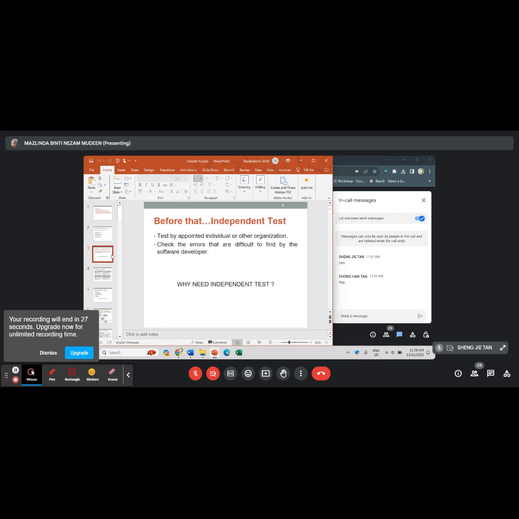Normally for a programmer to test their own code is good, but it is not efficient enough, because programmers might not be able to identify their own mistakes. Or the developers know the right way or the right flow of the software according to their understanding of the